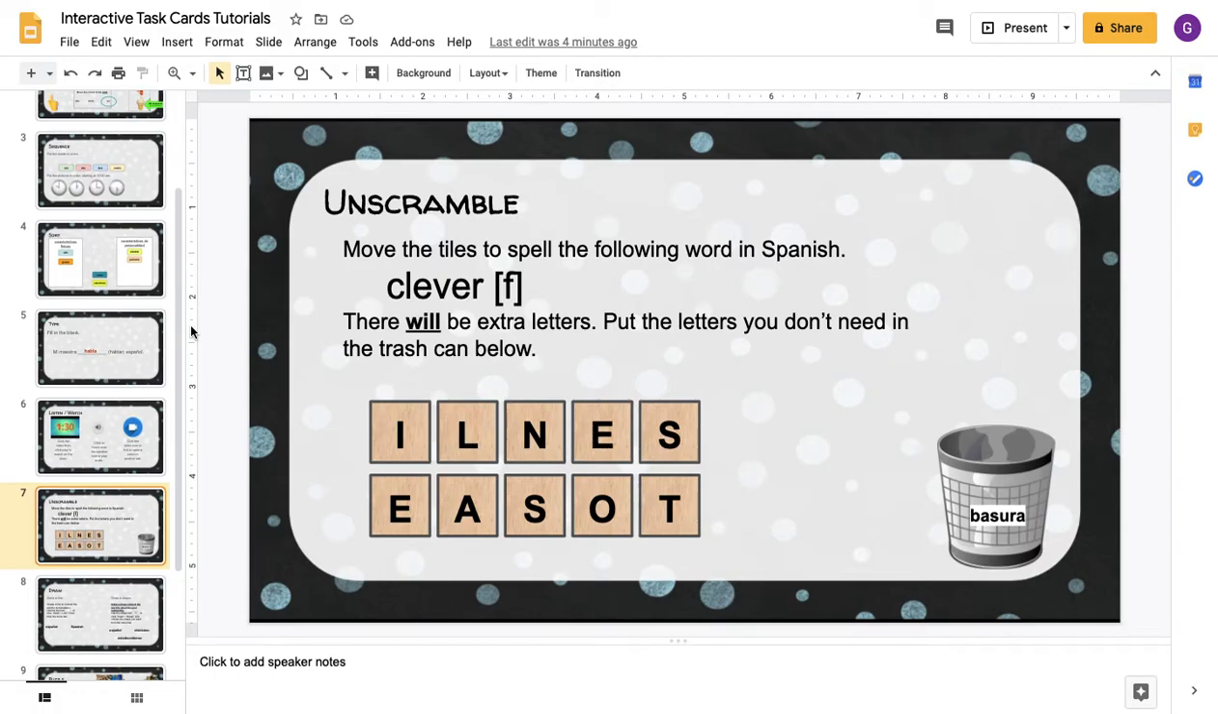Y bienvenidos to the Interactive Task Cards tutorials. In this video, we will be practicing how to unscramble tiles or letters to create a word. You will see that most questions with this task card topic will have extra letters. So your job is to move the letters and then put the letters you don't need into the trash can